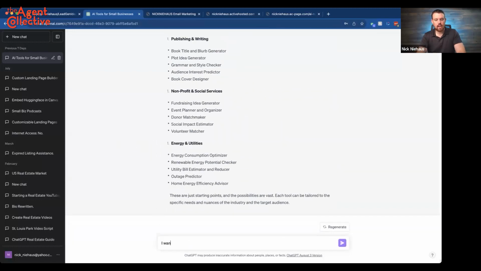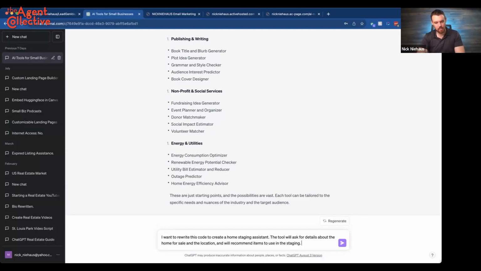And we say, I want to rewrite this code to create a, I'm going to say, home staging assistant. The tool will ask for details about the home for sale and the location, and will recommend items to use in the staging. Okay. Now, we're not going to necessarily get to a finished product here, right? We've got 10 more minutes. I'm going to see what we can do. But I want you to just sort of pay attention to how far we get in just a few minutes.